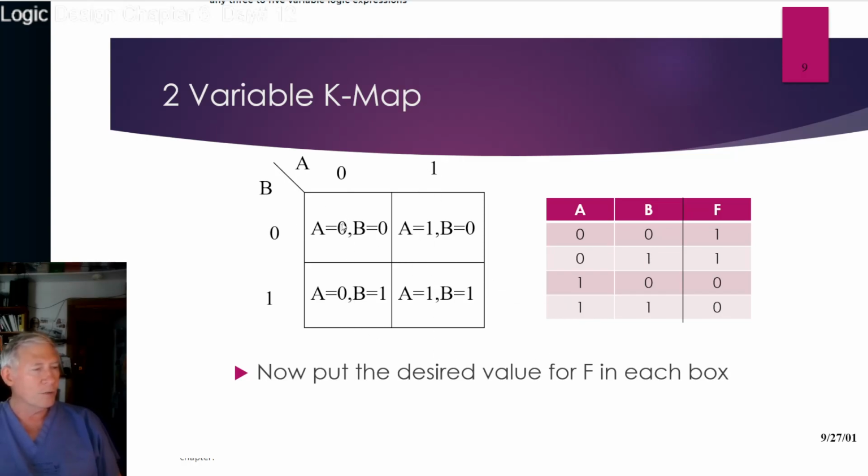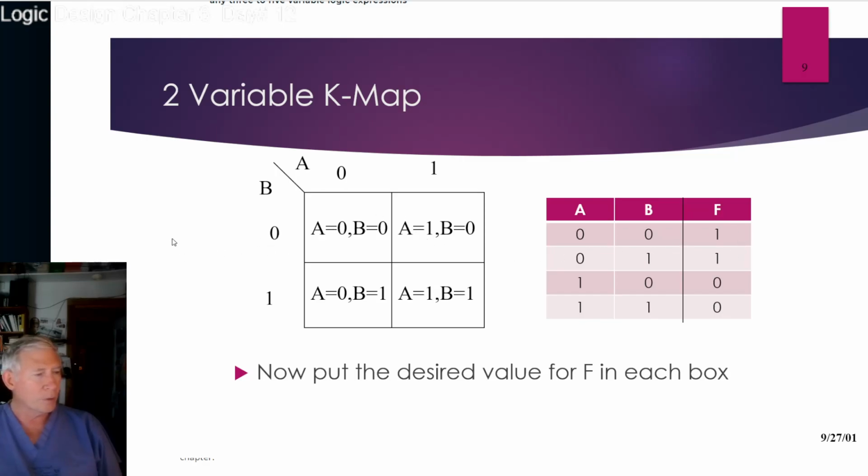So for instance, in this box here, A is 0 and B is 0. That corresponds to the first row. Down here, A is 0, B is 1. That corresponds to the next row, row 1. Here, A is 1 and B is 0. That corresponds to row 2. And finally, we have A is 1, B is 1. That's row 3. Because F is only 1 at row 0 and 1, we put a 1 and a 0